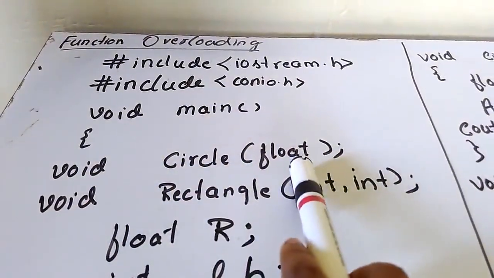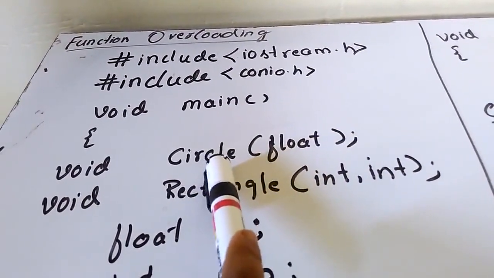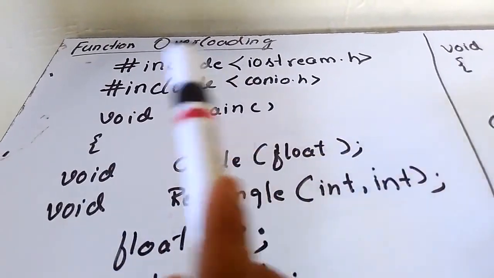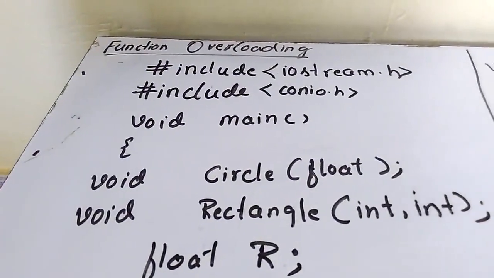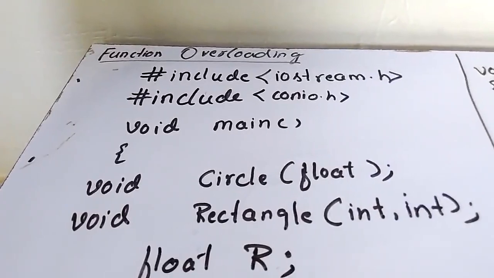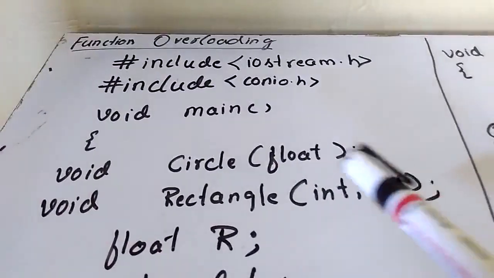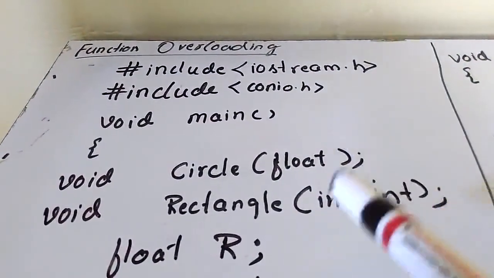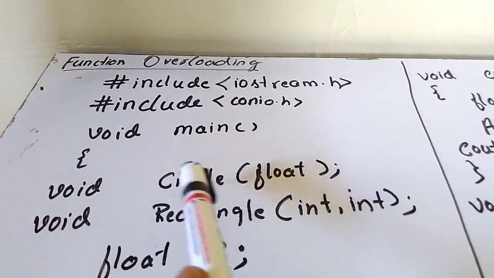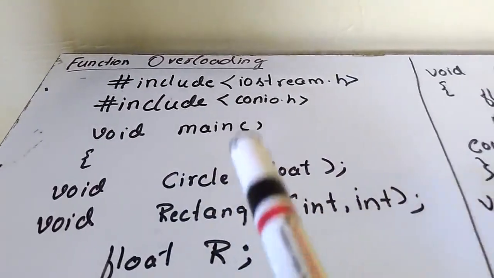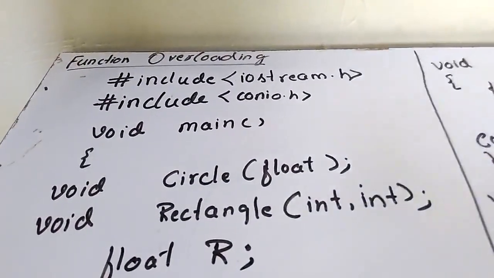So, declaration is nothing but what type of value I am going to pass to this function, what the function name is, and what type of value that function has to return after performing the task. In general, a function performs a particular task, and we have to define that function. In this program, we are going to calculate the area of a circle and the area of a rectangle. So, both function names must be different. In order to uniquely identify each module or each function, we must give different names. One is circle, another one is rectangle. You need to observe this here. So, the compiler can easily identify for which function call, which function has to execute.